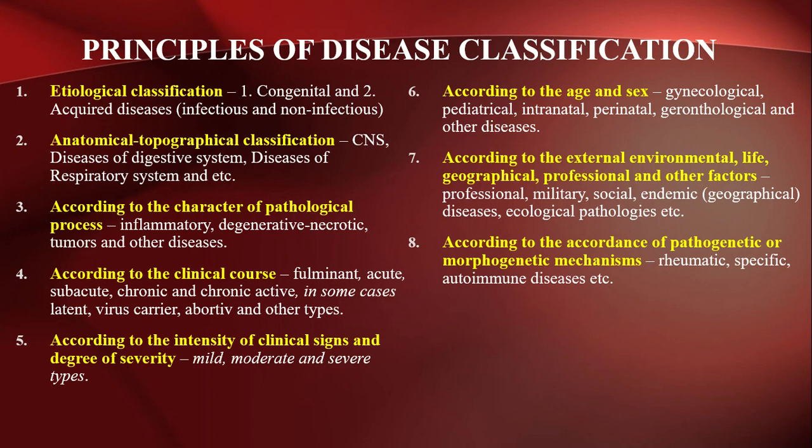According to the age and sex, we can classify gynecological, pediatrical, internatal, perinatal, gerontological, and other diseases. According to the external environmental, life, geographical, professional, and other factors, there are professional, military, social, endemic diseases, ecological pathologies, etc. According to the accordance of pathogenetic or morphogenetic mechanisms, there are rheumatic diseases, specific diseases, autoimmune diseases,